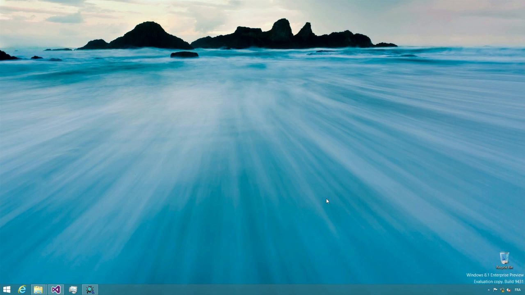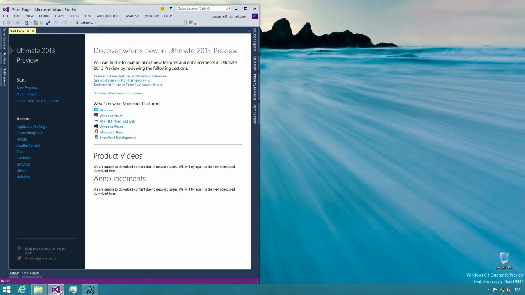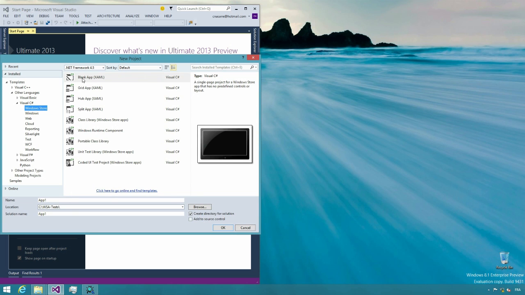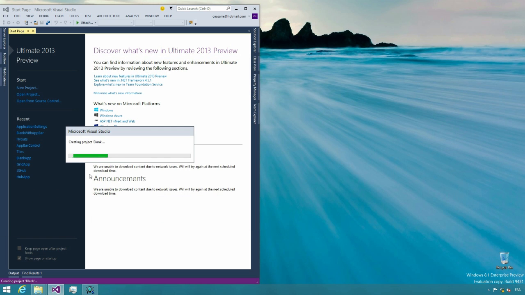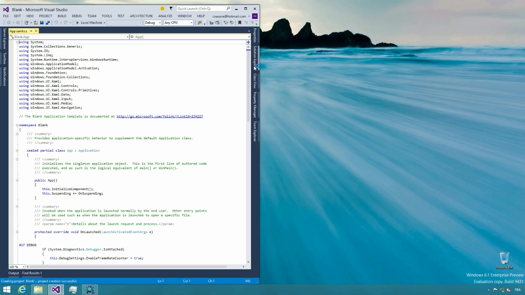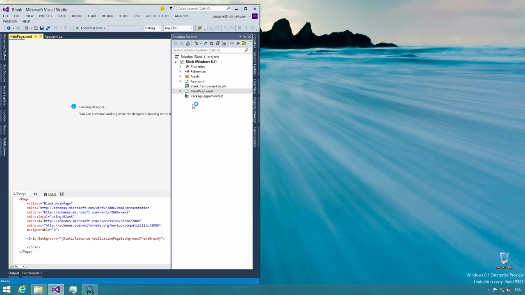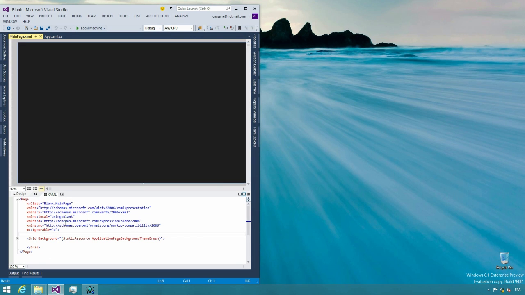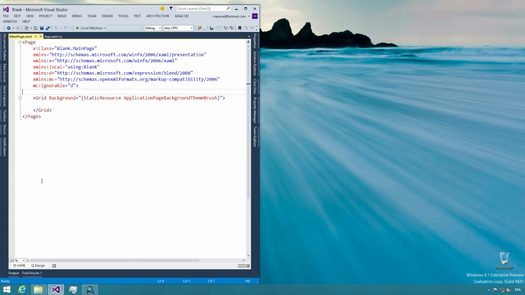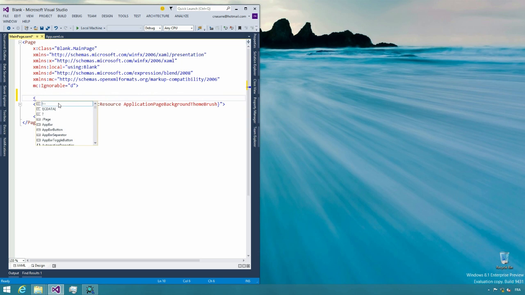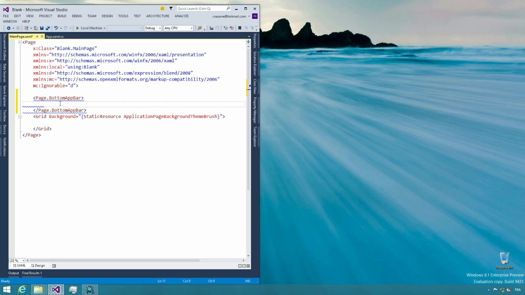Let's see how it works from scratch in a simple blank project. We create a new blank project, and we will add an application bar into our main page. So we open up the main page, which is empty by default. We just take a look at the XAML only, and we will add the app bar. This is exactly the same as it was in Windows 8. You just add a new Page.BottomAppBar, and what it changes now is the fact that you will add a command bar